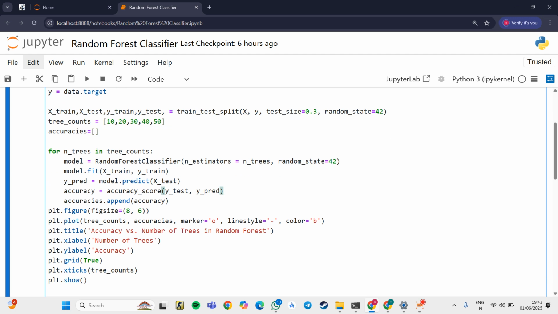Now let's calculate the accuracy of y_test and the prediction of the